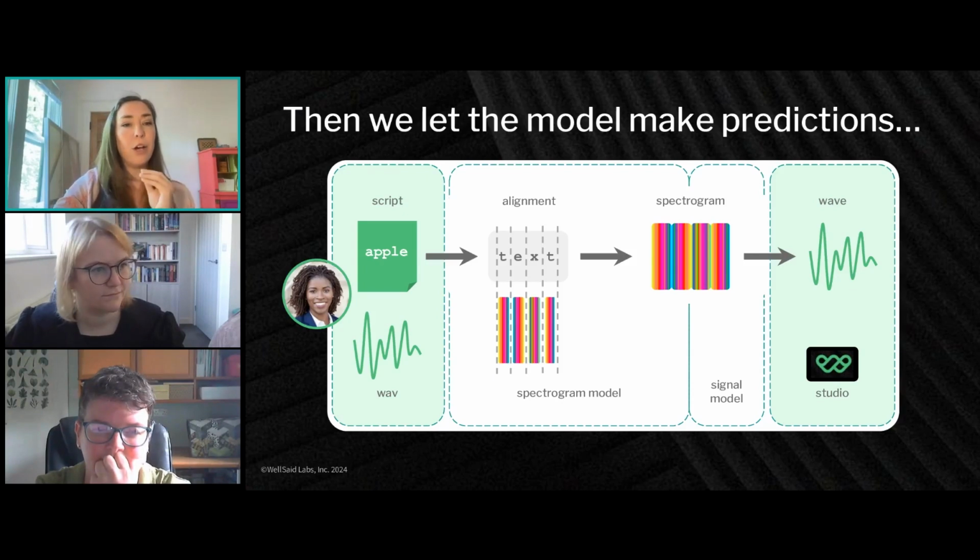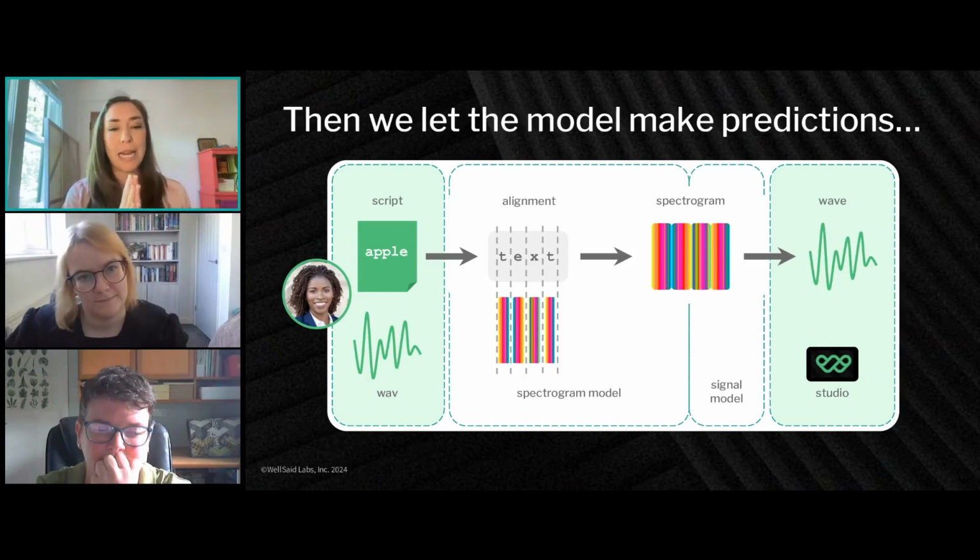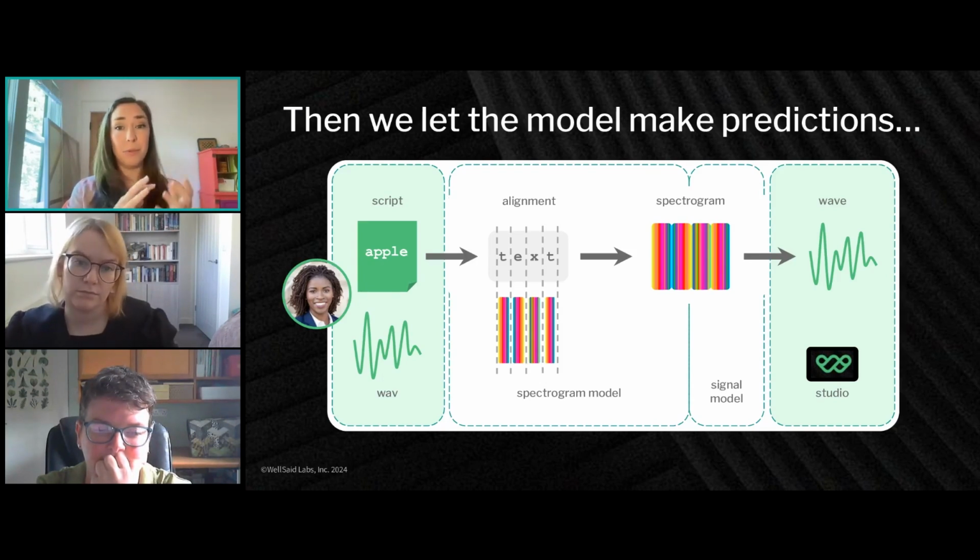At a very oversimplified high level, the model is told to go, and it will make many, many guesses. Every time it makes a guess, let's say it gets a new bit of text it hasn't seen before, it takes a guess as to what that spectrogram should look like. It can measure that spectrogram against the real audio, recognize some of the differences there, and adjust its rule set so the next time it gets text, it can make a better guess. And it just does this a million times over.